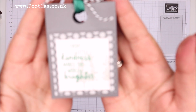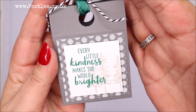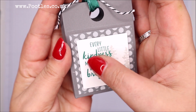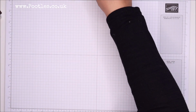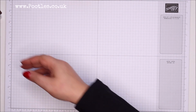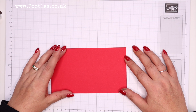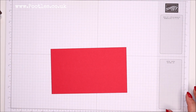Oh, focus. Why is my camera so... Sometimes I want to focus, sometimes I don't. I've got a little background stamped image of trees with words over the top. I didn't want to make it too Christmassy, but I kind of wanted to give it a bit of a nod. So I've got a piece of cardstock here that measures 4 1/8 by 7 inches,